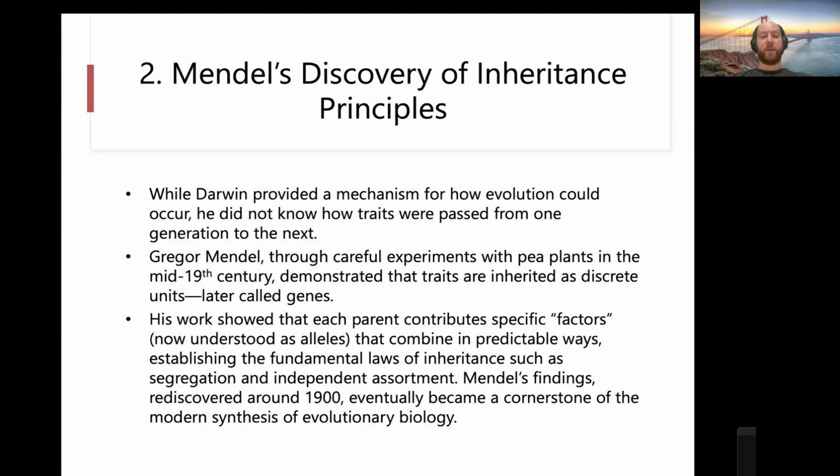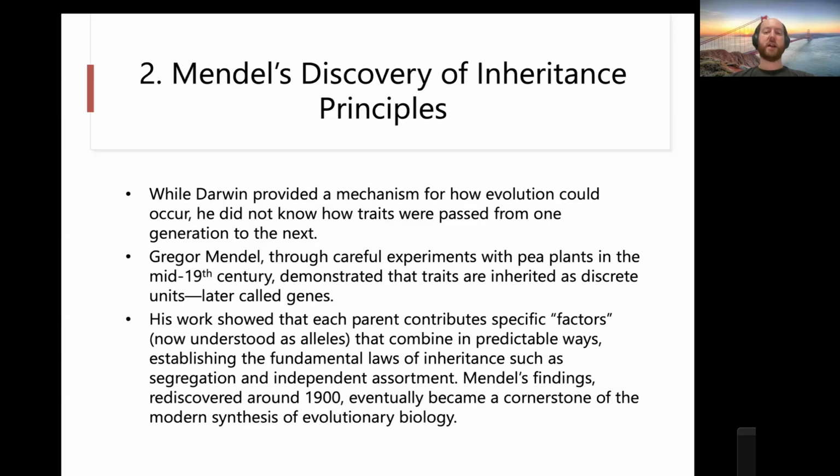We fast forward to slightly later in the 19th century. Mendel at the same time was working on the problem of heredity. Darwin's comments about natural selection are very general comments to do with how evolution is observed within populations over a large span of time, but they don't say anything about how the traits are passed on to the next generation. And so Mendel did careful experiments with pea plants around the same time that Darwin was publishing The Origin of the Species.